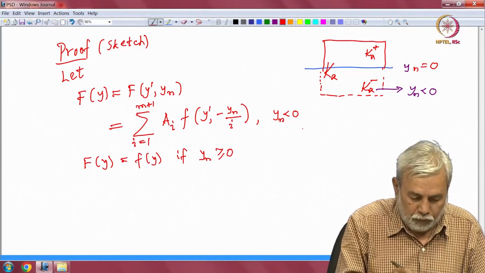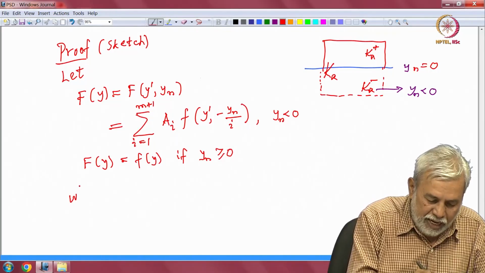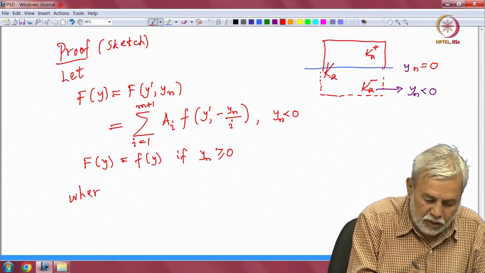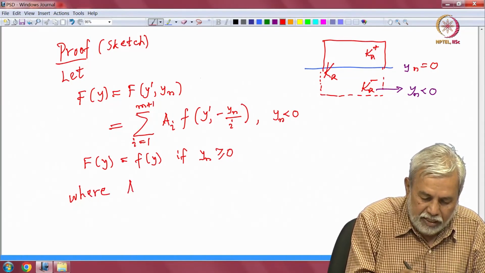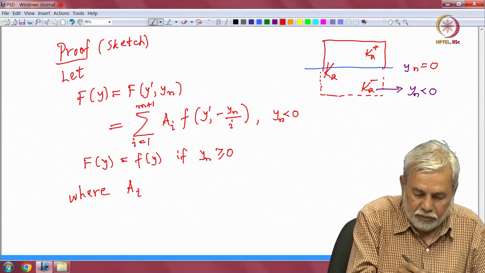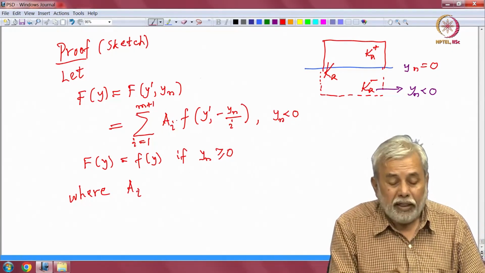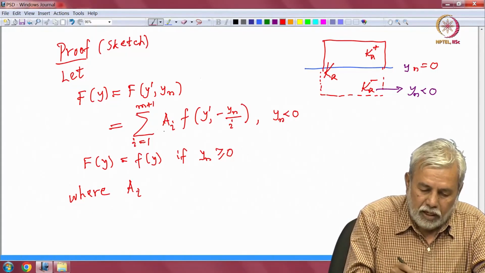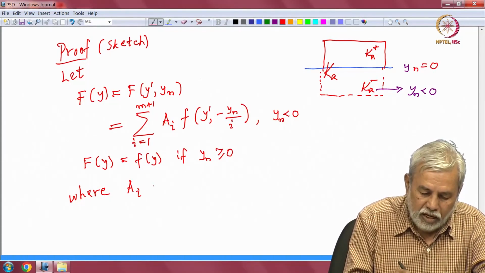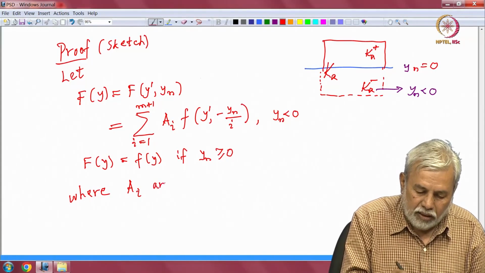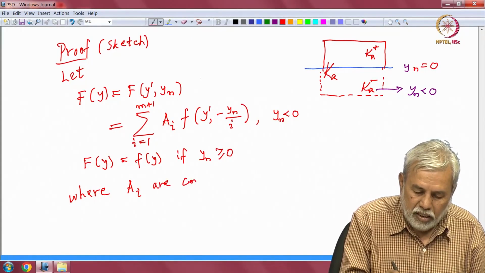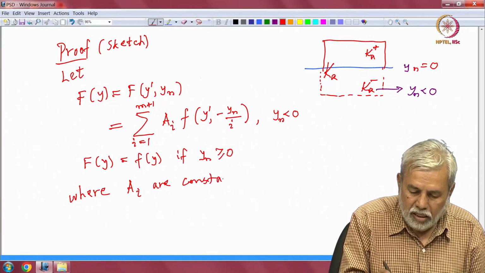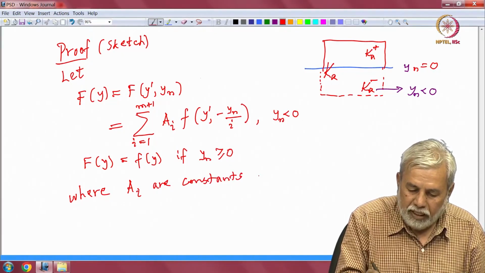So these a_i's, they are constants, where there are m plus 1 constants, given by,